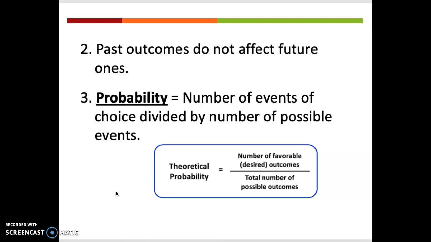And then in order to figure out probability mathematically, a fairly simple equation: the number of events divided by the number of possible events. So the number of events of choice divided by the number of possible events. And you'll see what that means once we start doing Punnett squares. But for now, that's just the mathematical explanation. Okay, that's all. Have fun with the activity, generate some data, and